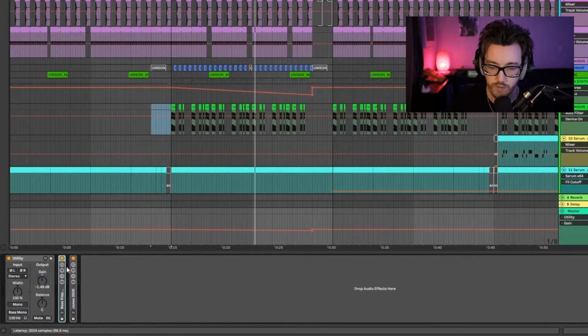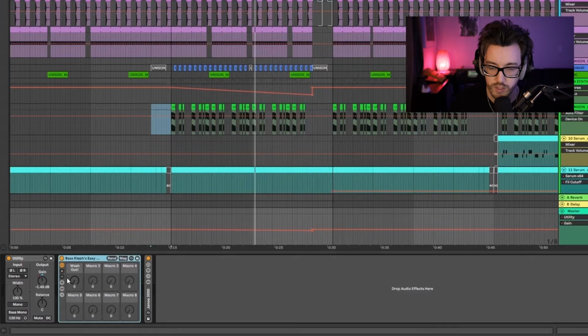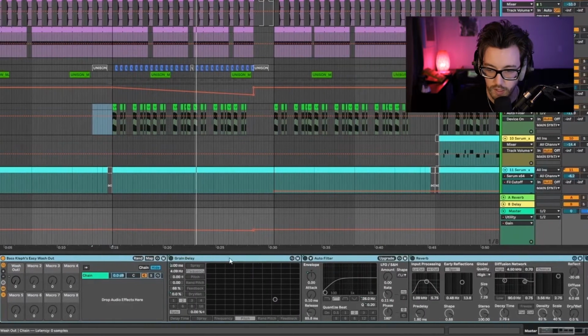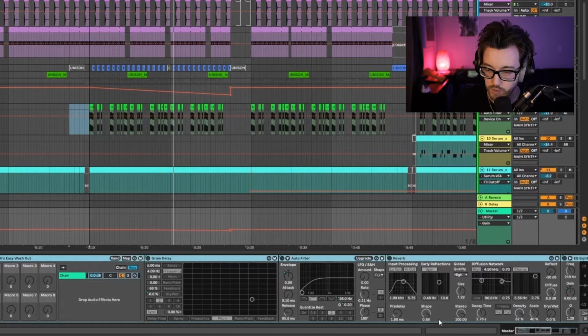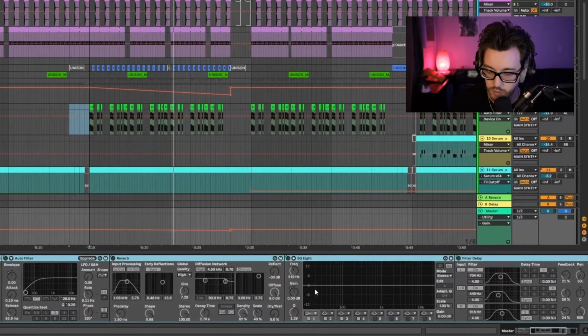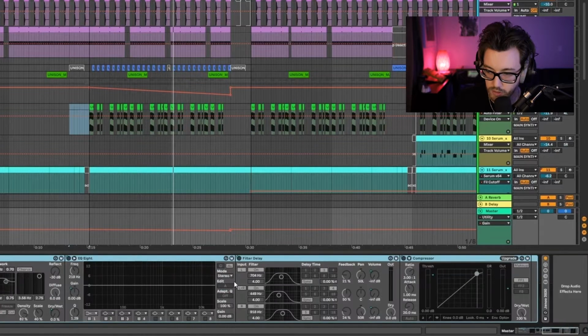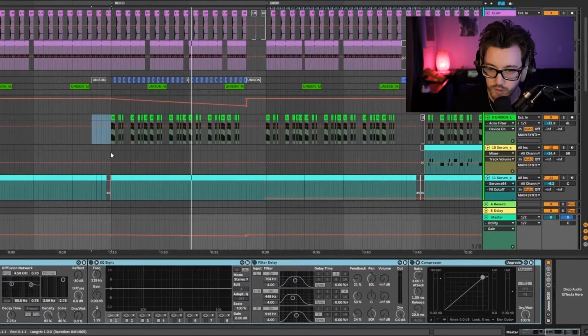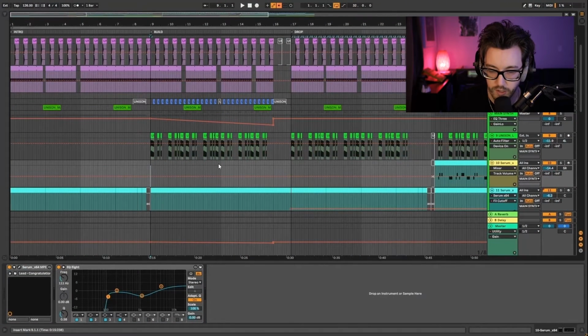Additionally, there is this device here that I'm using, which has quite a lot built into it. You can grab it for free, and it has a high pass filter, a reverb, and it's also cutting out the lows in the EQ, and also has a bit of delay, and it's also compressing everything super hard. So this is what's kind of washing everything out to make it really thin and kind of creating this wall of sound. So if you listen,